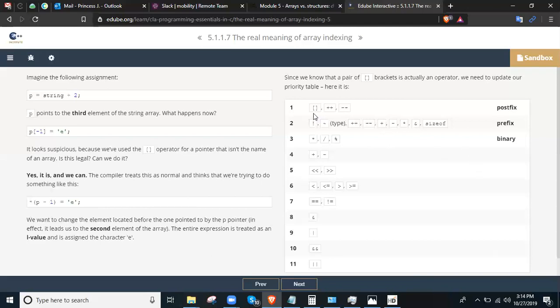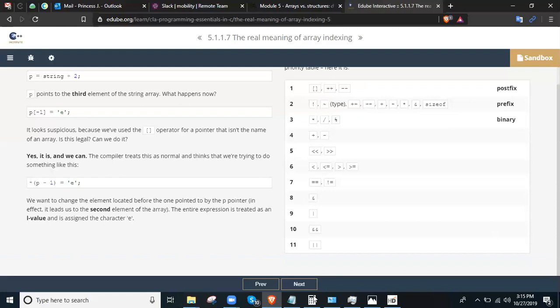So as you can see, we have the postfix, which is the increment, decrement, and also the brackets. And also here another prefix, the not, here another type, the sizeof, which is a reserved keyword, and also the binary and unary operators. Right, so